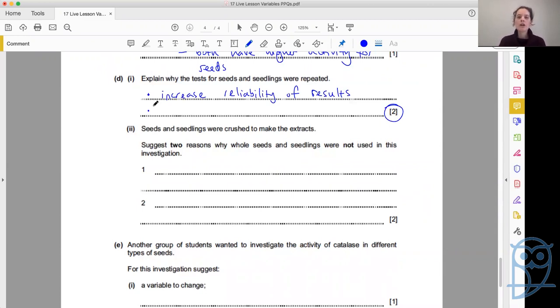So if we had results that went 10, 11, 11, 9, 10, 21, 10, 11, that 21 sticks out. Okay, if we'd just done that experiment once and got 21, we would have believed 21 was the answer. But when it's repeated a dozen times, you can see, no, 21 is a weird one. So why do we call that weird result? Okay, in biology, we're going to call that an anomalous result. So repetition allows us to identify